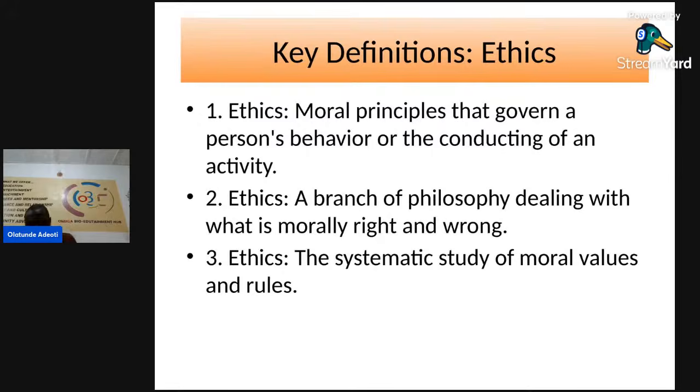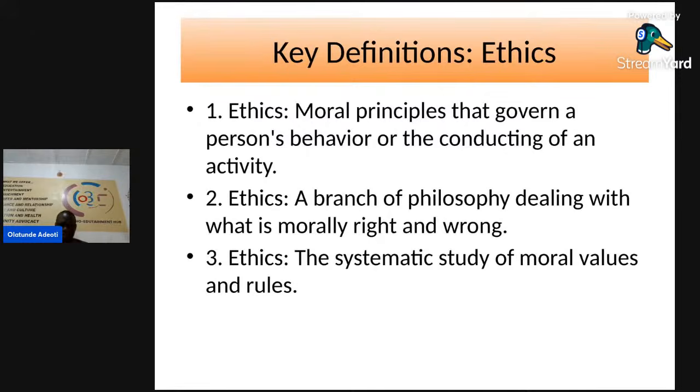So what we are saying in essence is that the way you relate with others will tell us whether you have seen God, whether you are with God, or whether you have a good conscience. There are some things that you might not even see in the law. Nobody might tell you that these things are forbidden or illegal before you yourself know that these are ways you should behave. So ethics is nothing but having a good conscience. A good conscience will tell you that this thing I cannot take, so others should not do it to me.